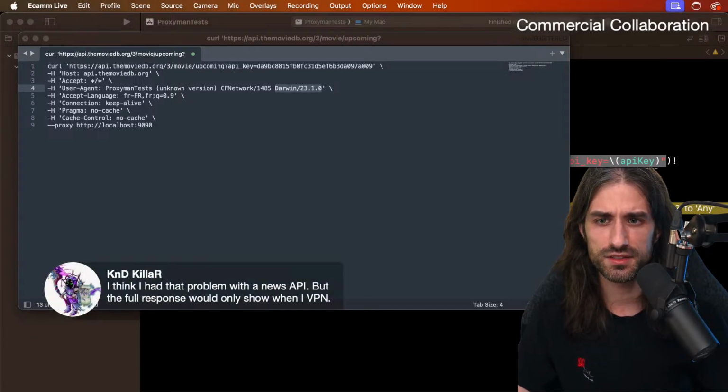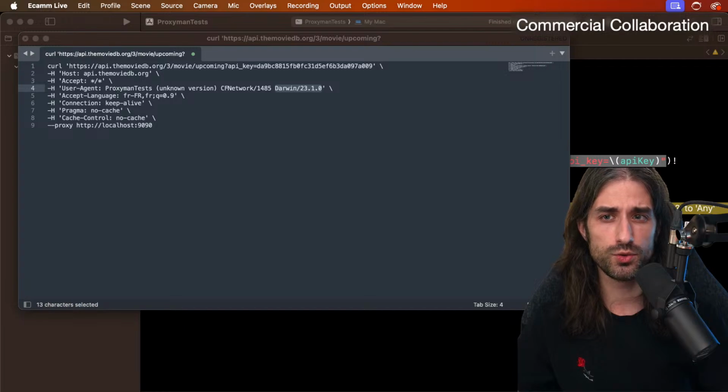I see Candy, you're saying, I think I had that problem with a news API, but the full response would only show when I VPN. So yeah, sometimes you can get unexpected things in networking. If you're talking about the caching issue, maybe when you use a VPN you have different IP addresses, and so your backend is doing something in answer to that. But networking can lead to